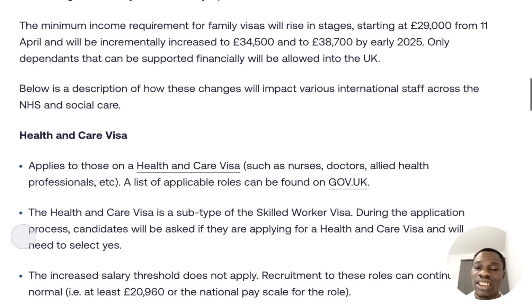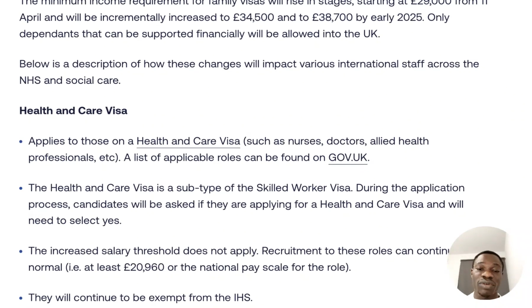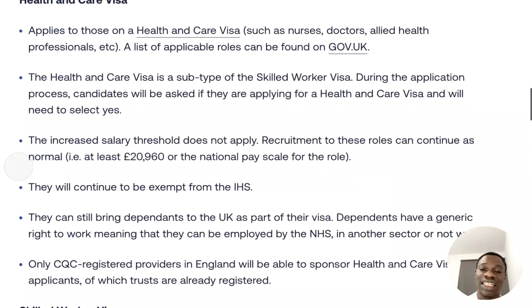So now, the health and care visa is a subtype of the skilled worker visa. During the application process, candidates will be asked if they are applying for health and care and will need to select yes. Now, the increased salary threshold does not apply, so the recruitment to these roles can continue as normal. The list is £20,960 per year. Now, they will continue to be exempted from the IHS. These are the